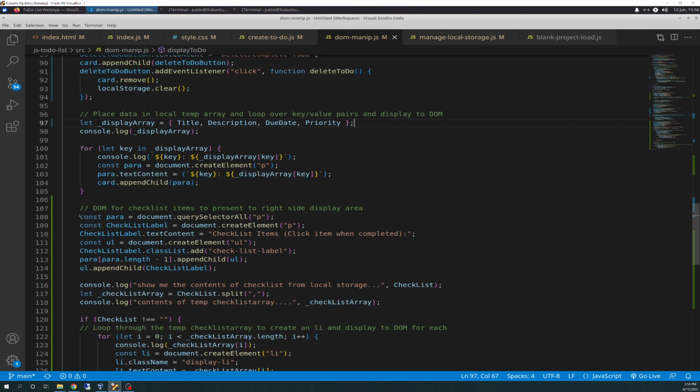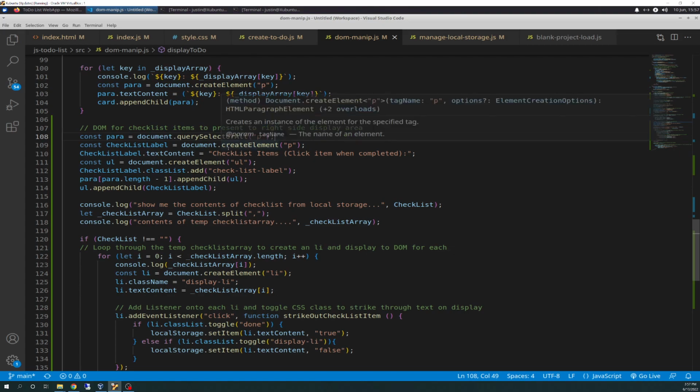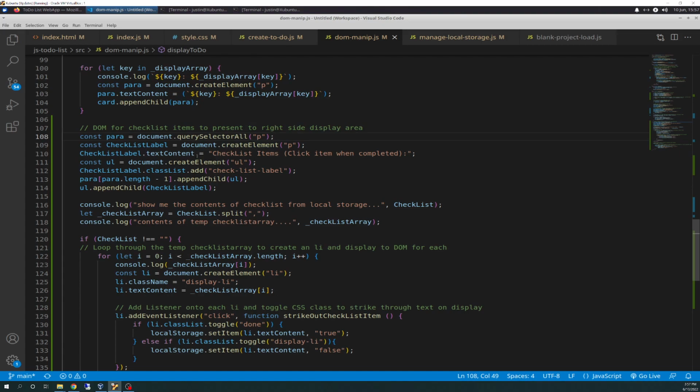And so this is the good meat and potatoes here of making the form more interactive than what it was in the previous video, instead of just having a text list. So we have a document query selector all p tag that is called para. So I'm gathering up all p elements, and